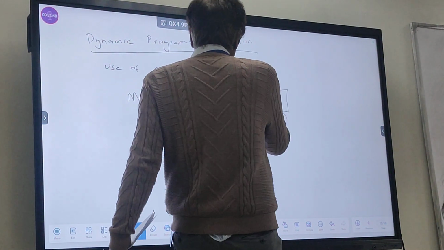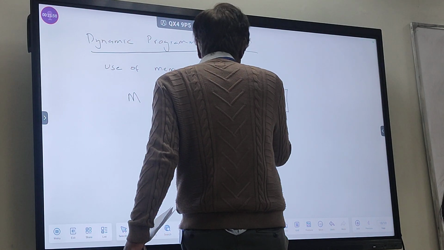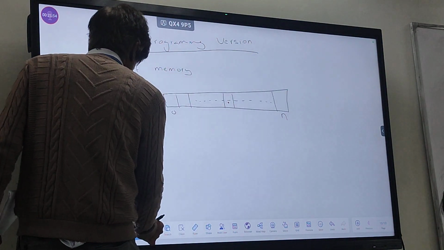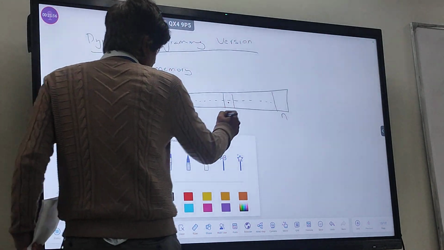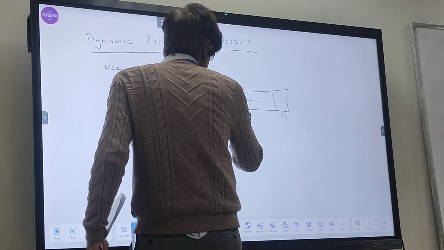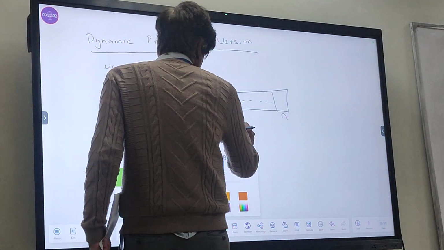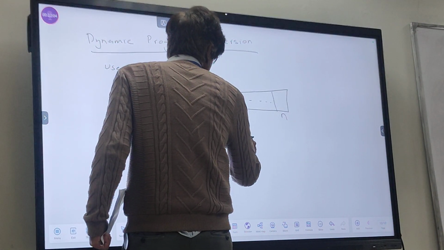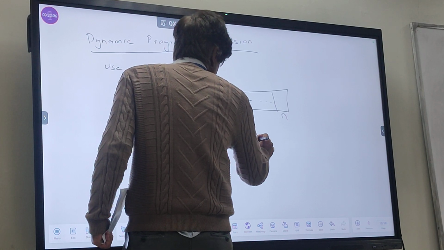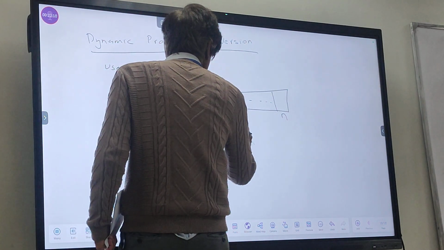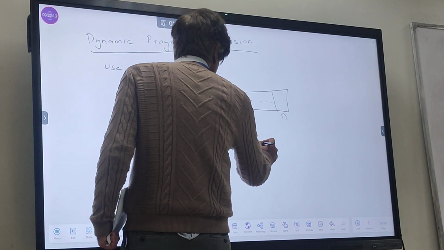So for any such node, the value, this is not visible, the value